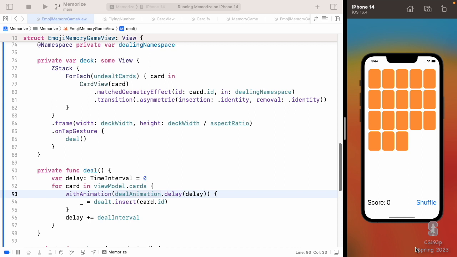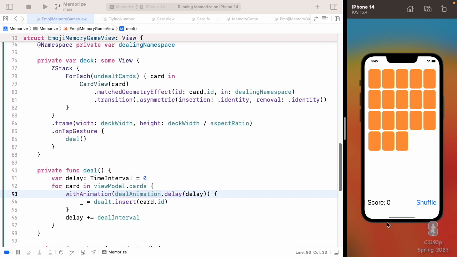And so you're going to come back to Memorize, and you're going to have your themes be something you can edit and add new themes and choose them and all that. So you're going to add a whole UI for managing and editing your theme. So that's going to be your assignment 6. Okay, your assignment 4 is to animate this. Your assignment 5, just to preview that for you, is going to be about multi-touch, how to deal with taps. You know how to do taps with on-tap gesture, but you want to be able to do drags and pinches. So that's what your assignment 5 is going to be about. Not in Memorize, though. It's going to be in a different app I'll be showing you in the next couple of weeks.